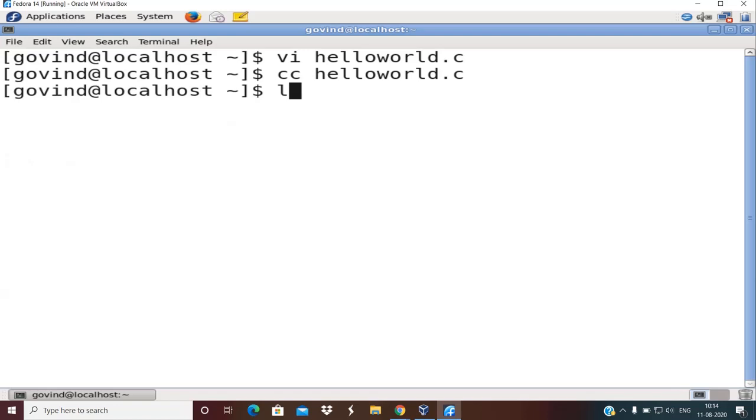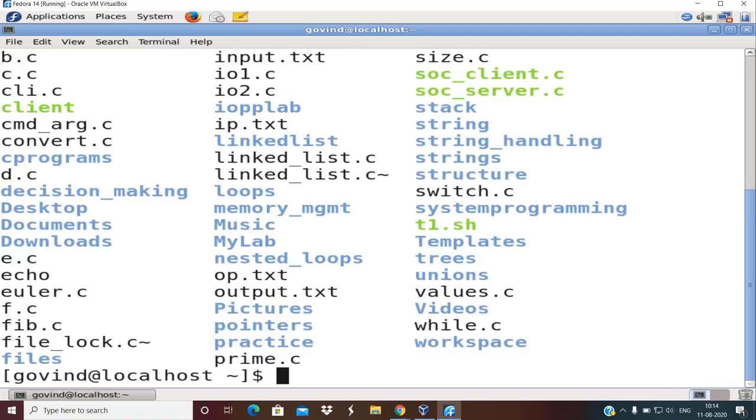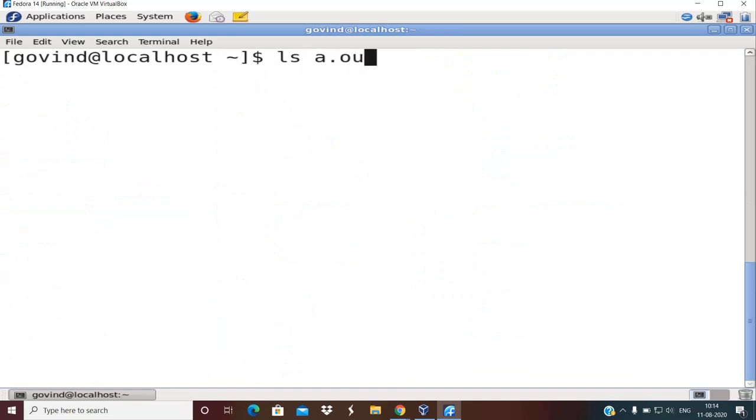So when I type the ls command here, what you would see is there will be one file that gets created called a.out, right? So a.out is referred to as an executable file. You can also observe here it is now being shown with a bold green color, right? So a.out is generated. It's an executable file only when the compilation is successful.